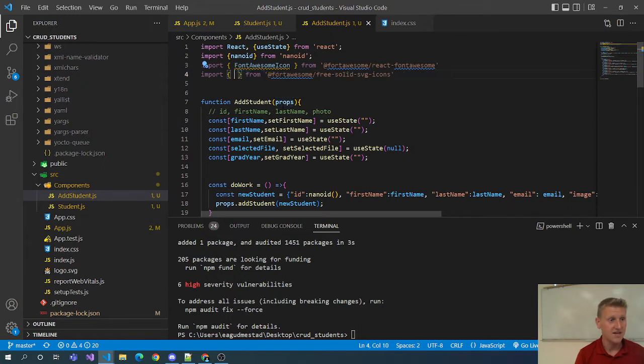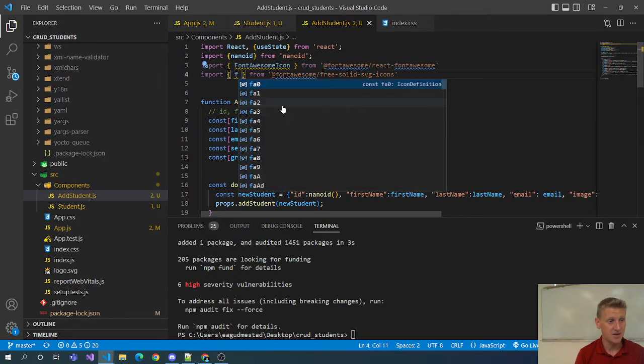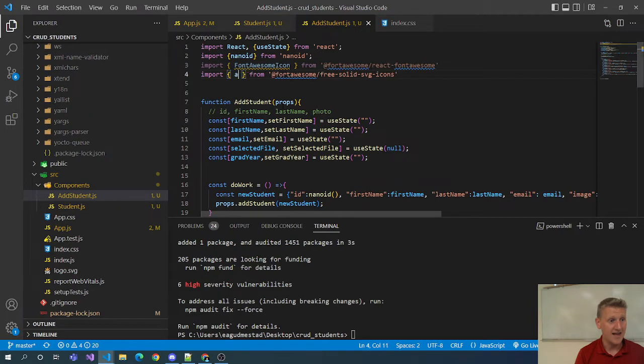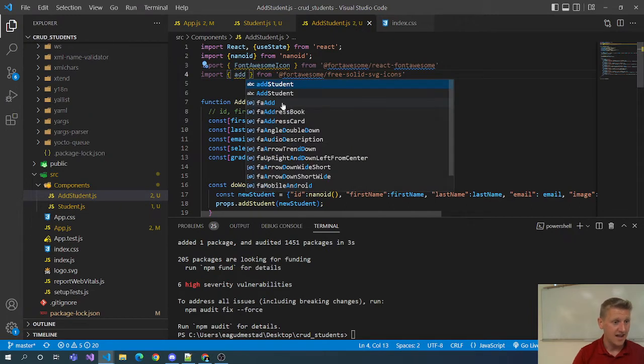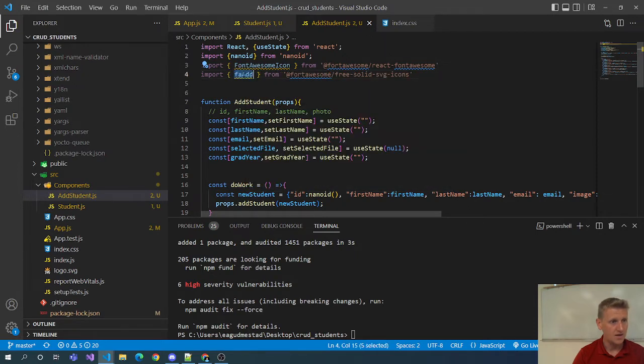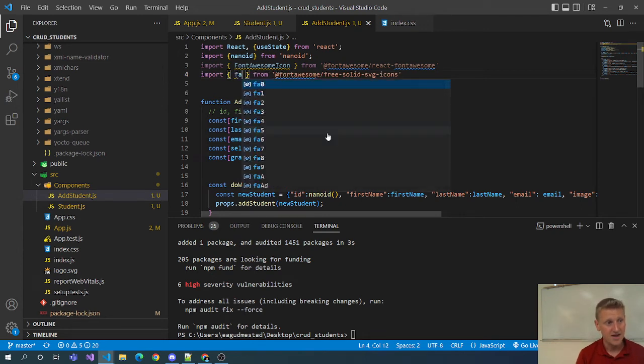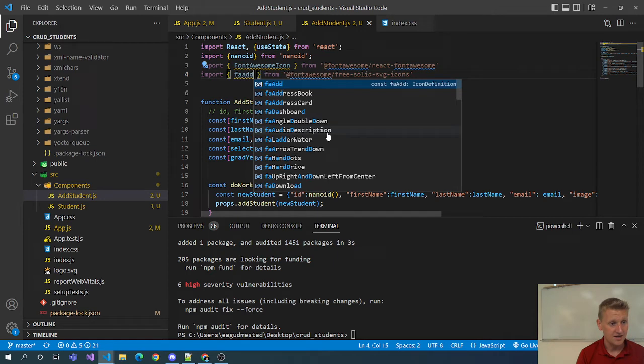And what's nice here is you can just start typing, like for the add, you can see FA add. You kind of get some help to see what icons are supported through these packages that you've installed. And so if you do a search, later on we'll do a search. And of course you can go to the docs and see what's all out there, but it's also nice to just have FA add